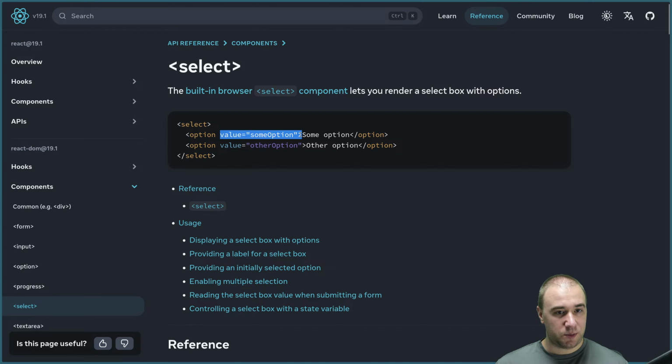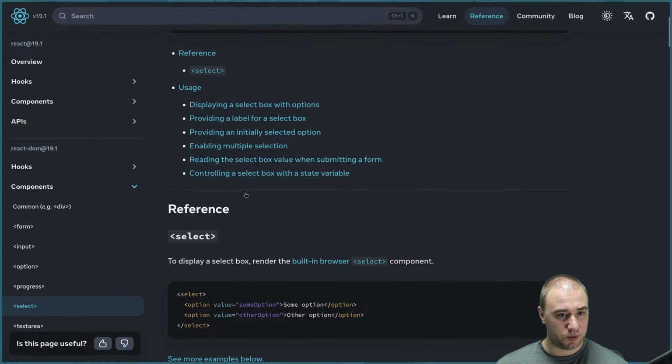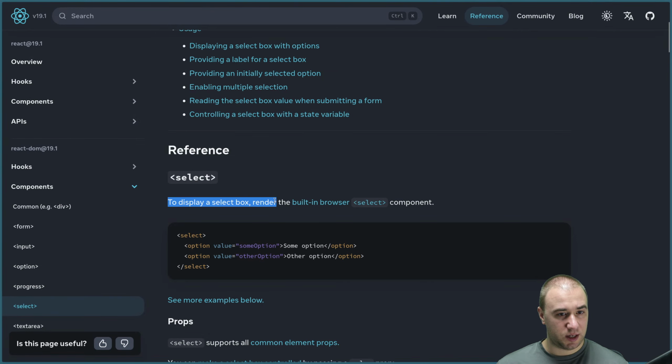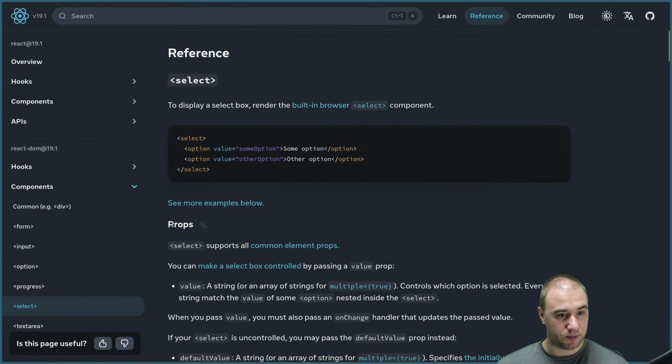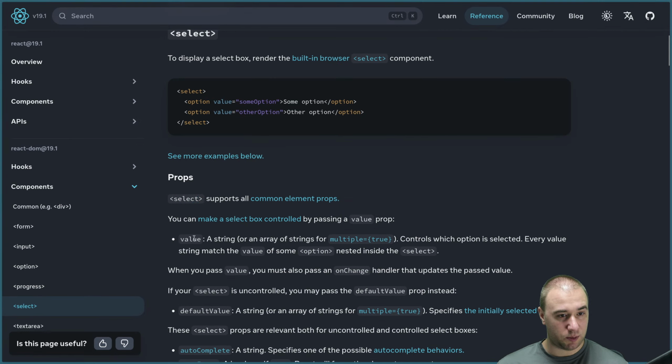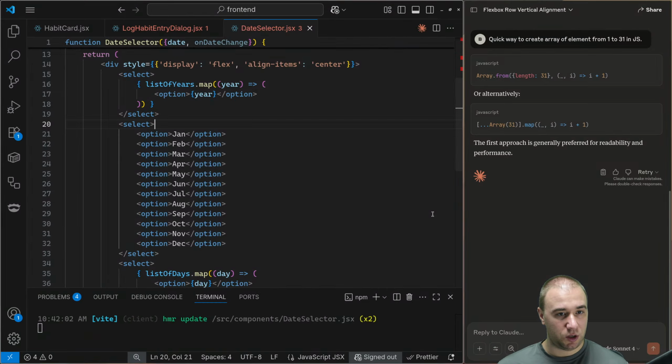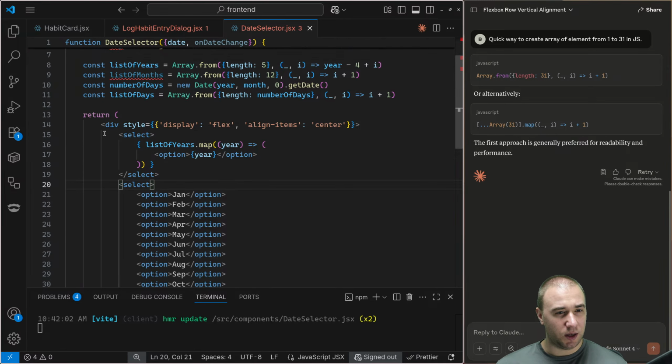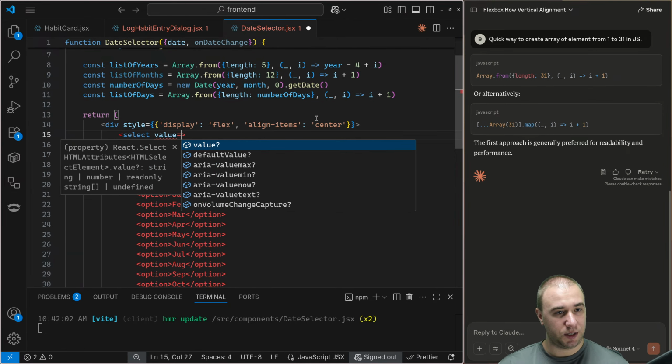So value some option. And then how we're displaying it. So looks like we can provide separate values. So to display a select box rendered with built-in browser select, we have props. Select supports common element props like value, a string or an array of strings for multiple true, controls which option is selected. Every value string must match the value of some option nested inside the select. Okay, so we could, in theory, already use it here. Value is